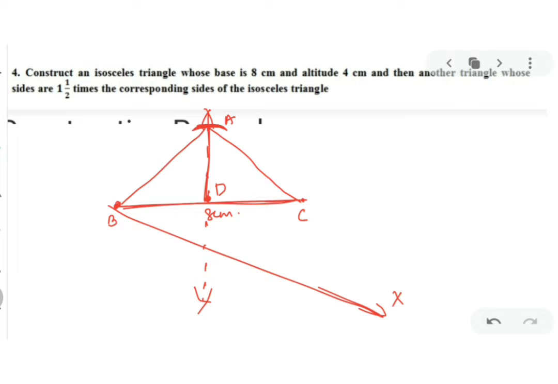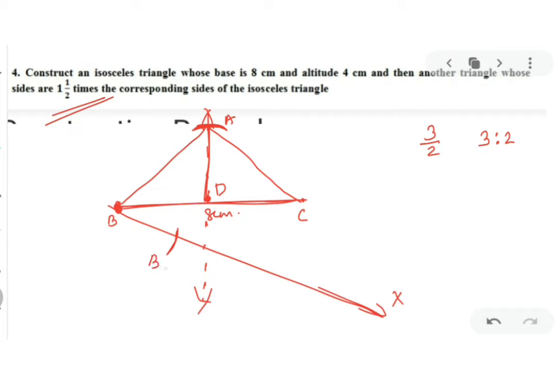if you read the question again, you have to make another triangle which is 1.5 times the corresponding triangle. This isosceles triangle ABC, uska 1.5 times pada. So how we will go for 1.5 times? If I convert this into improper fraction, that will be 3:2. 3 upon 2, that will be 3:2. So what I will do is, I will mark any 3 points B1, B2 and B3 in such a way that they are equidistant.